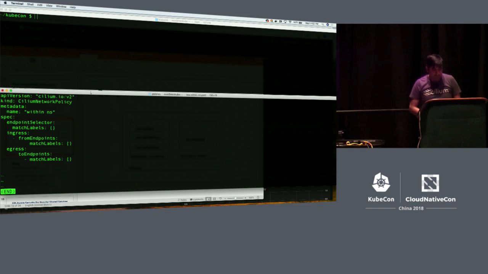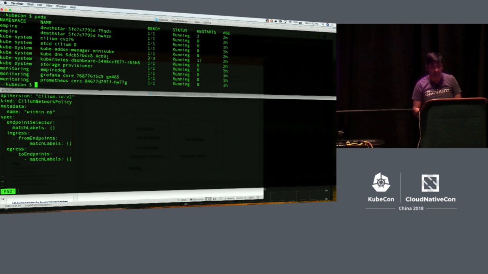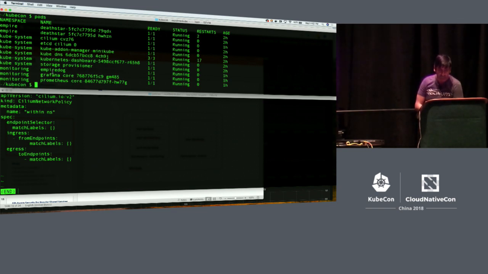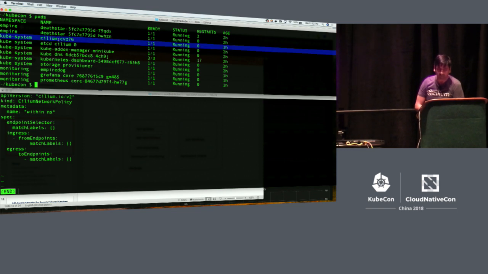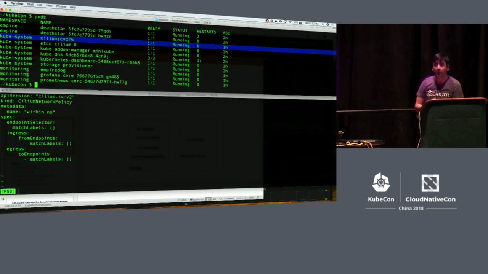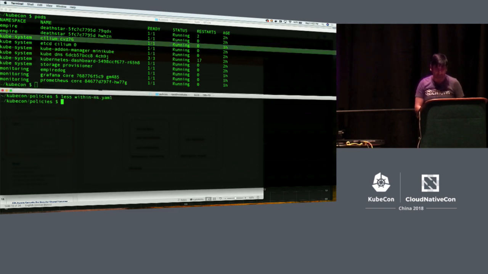So as I said, we have a bunch of pods and services running here. In the monitoring namespace, there is Grafana, Prometheus, and these guys. And Cilium is actually running as a daemon set, as I had said. It's running in the kube-system namespace, but you can choose any namespace where you want to deploy Cilium. And there's only one node here, so a pretty small setup. And if we look at the sensitive spots that I was talking about,